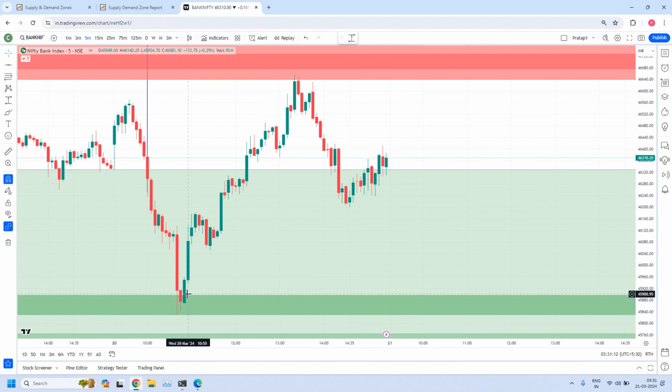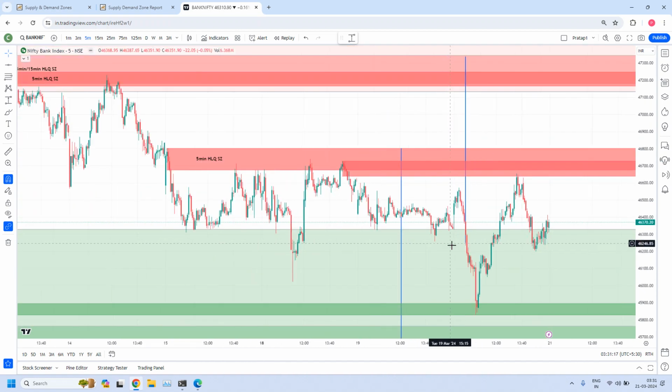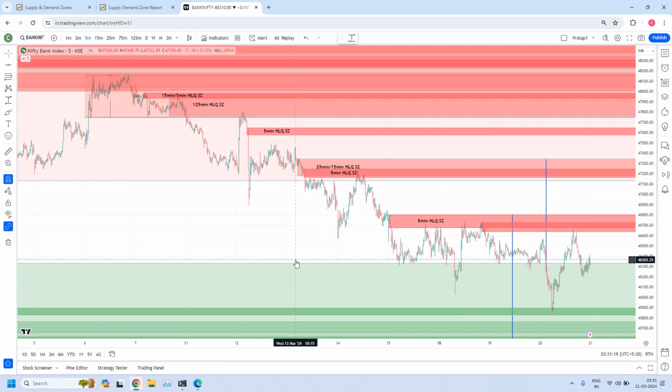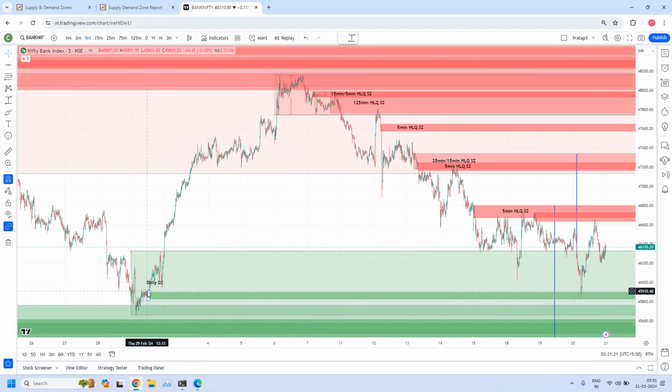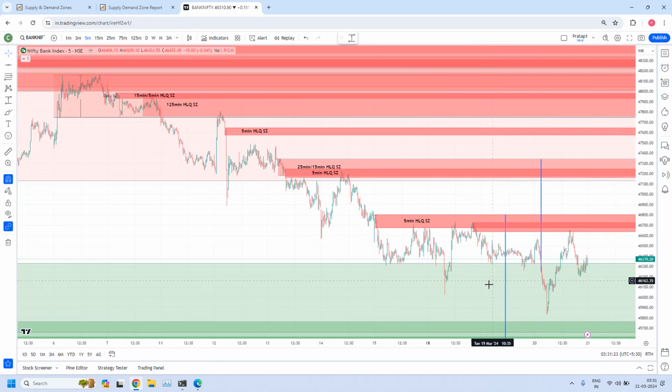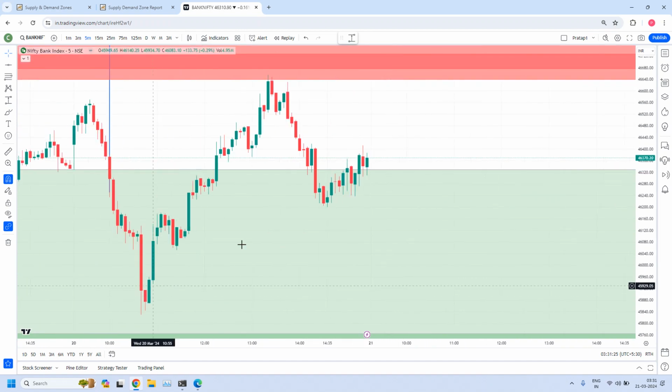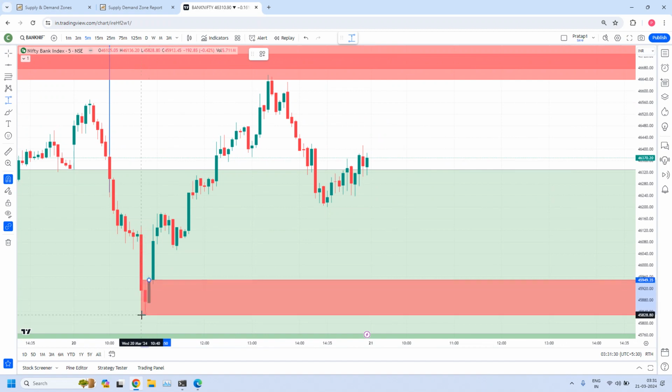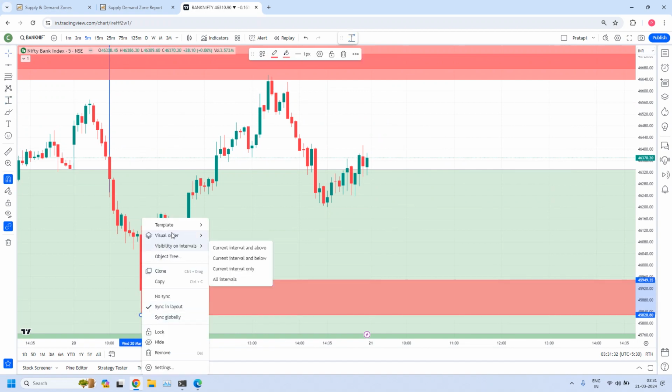Once price enters, you will get the trade. Otherwise, if it turns from here, you will miss the trade. That is possible. But this zone is violated, no more valid. Because a new zone is created, this is going to be a valid fine tuning of the zone. This is a valid demand zone. Because this is inside the 15 minutes zone. That 15 minutes is inside the 75 minutes. That's why this is automatically fine tuned.